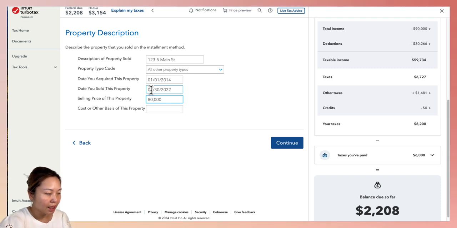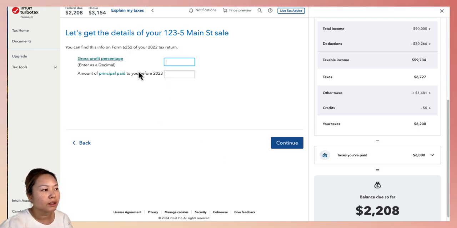But this is the trick. Remember that we got the $500,000 primary home exclusion, right? So you would add that here. So the 500K exclusion, plus the 60K adjusted basis from before, so that's $560,000. So this is the trick. If you don't do this, our number is not going to be displayed correctly, and then you're going to have to pay extra